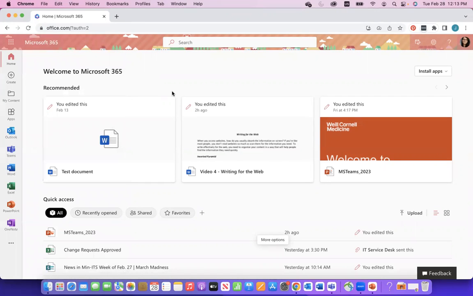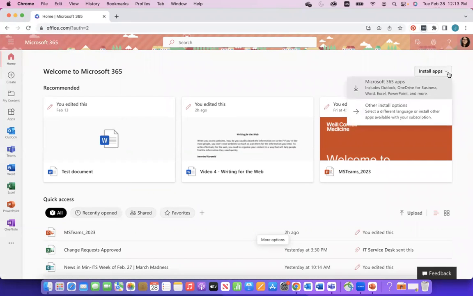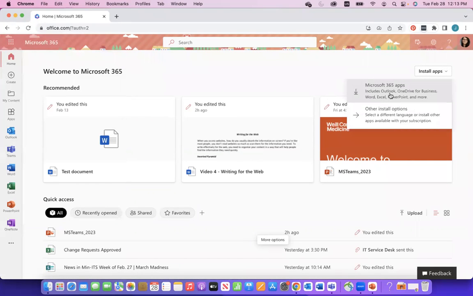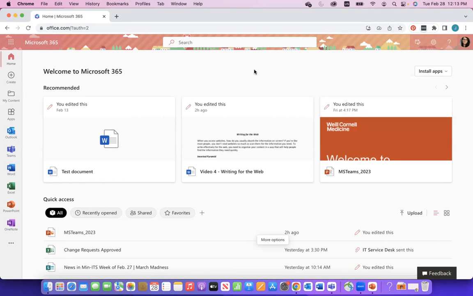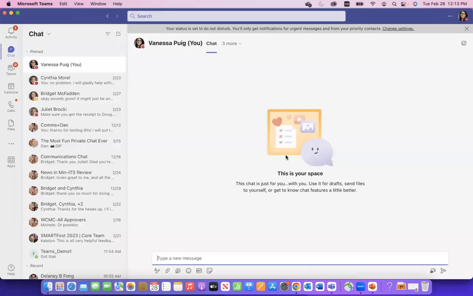If you want the desktop version, you can move over here to Install Apps, and you can download all of the Office 365 suite, which includes Outlook, OneDrive, basically all of the applications. You can get it, including Teams. Teams is part of that. So that's how you can get it. And again, if you have a tag device, you can also go to the WCM App Store and find it there. I'm going to use the desktop version today.